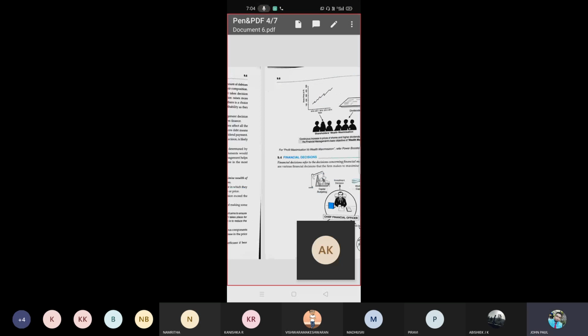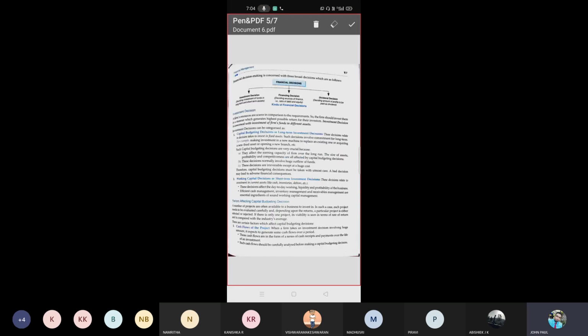So that is what we are about to discuss here. Regarding capital, a long-term investment is very crucial. They affect earning capacity, as I said with Jet Airways. When we spend a huge amount on purchasing new machines or opening a new branch, what will it affect? It will affect the earning capacity. Earning means the returns from the business.